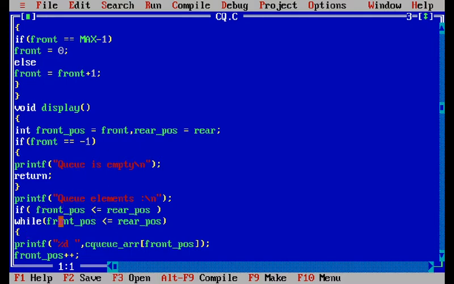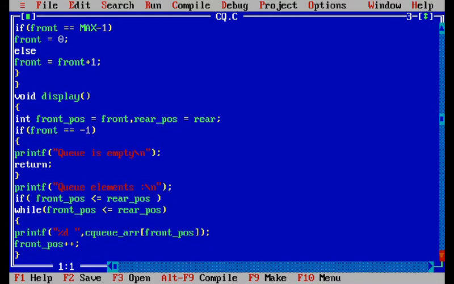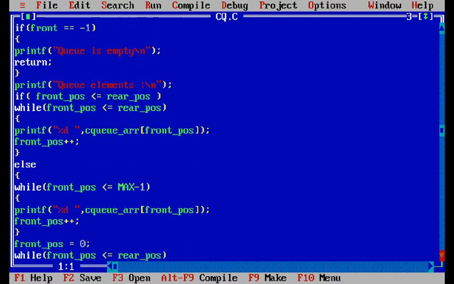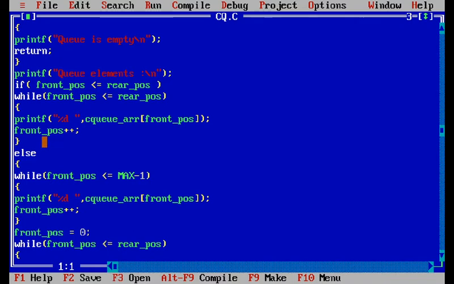If the front position is less than or equal to the rear position, then while the front position is less than or equal to the rear position, we print the element from the circular queue. Here printf %d CQARR of front POS, and we increment front POS by 1.